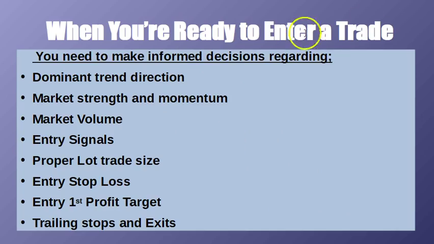Now, when you're ready to enter a trade, so you basically know what you want to do, you want to take a buy trade or you want to take a sell trade, you're pretty sure of that. Okay, you know what you want to actually do, and you see a trading signal. Then what you need to do is just confirm your dominant trend direction. In other words, you want to trade in the overall dominant trend. So if a market is going up, okay, we're in an uptrend, then you want to take buy trades